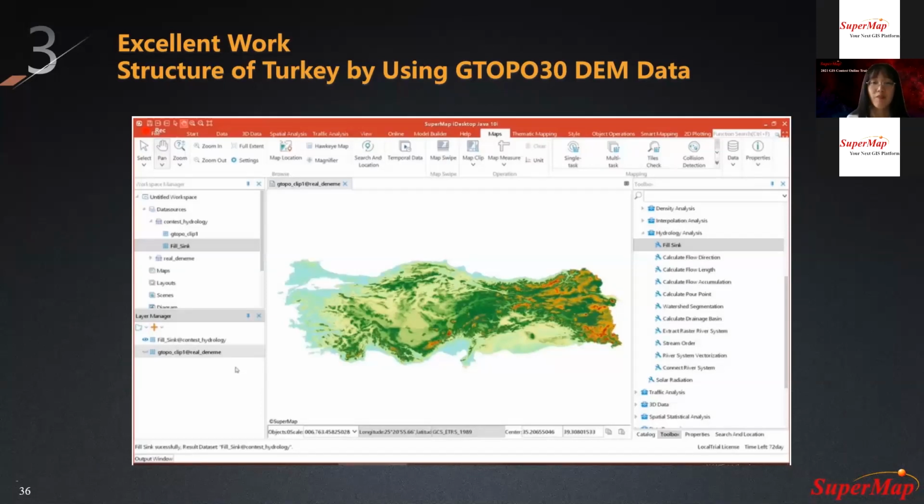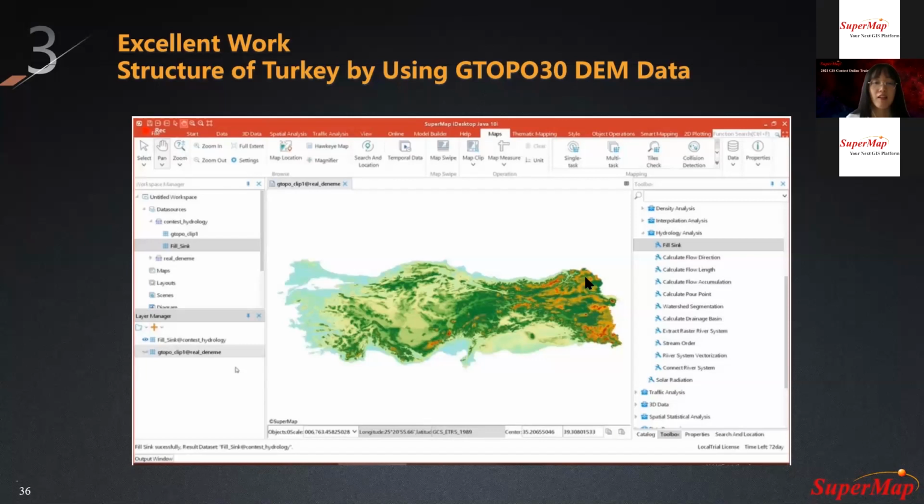This one is a hydrological analysis for Turkey, and they also presented us with all his operations in SuperMap iDesktop Java. And we can see that here is what he started with.